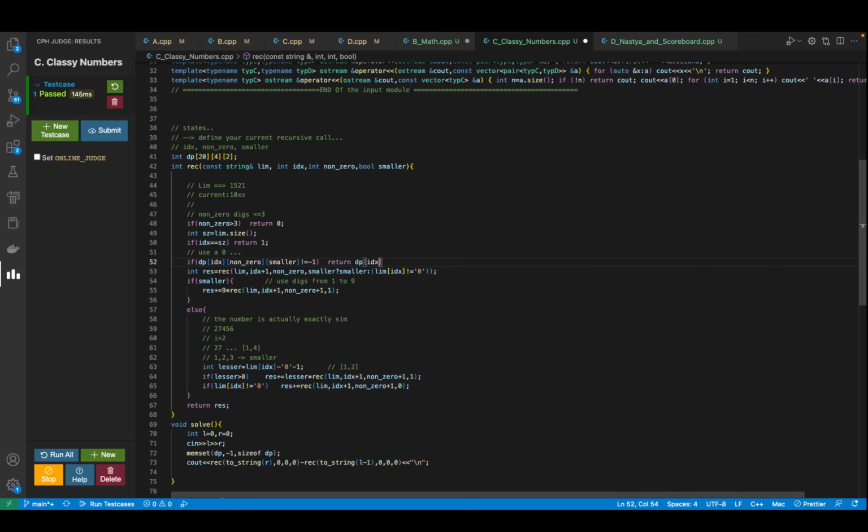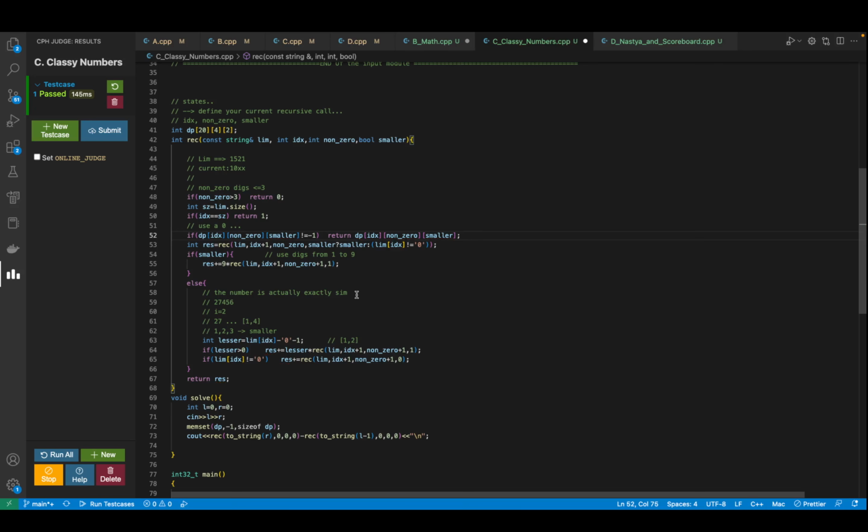So return my dp idx, non-zero, smaller. Cool. And I also want to populate it. So where can I populate it? I can populate it right over here. Okay, let's just copy paste it. So I need to populate it right over here. Cool. Let's try it again.